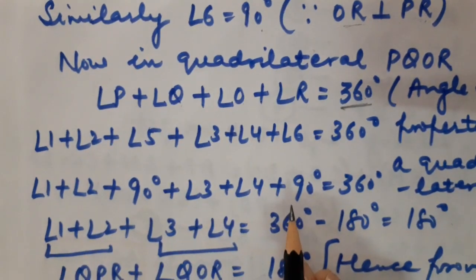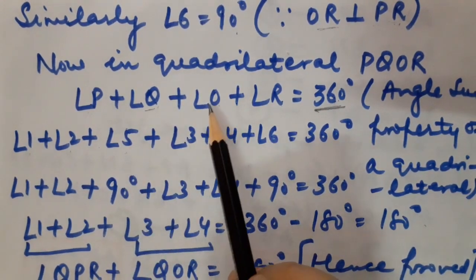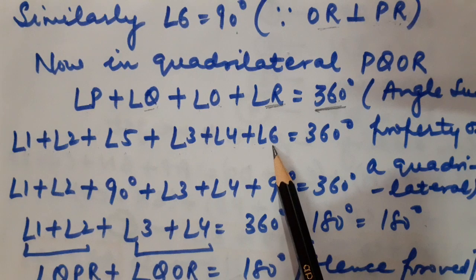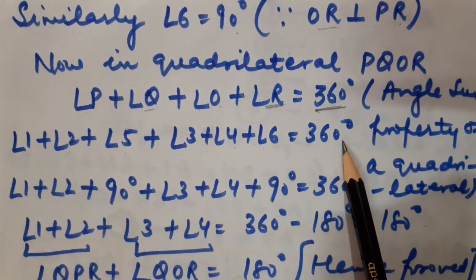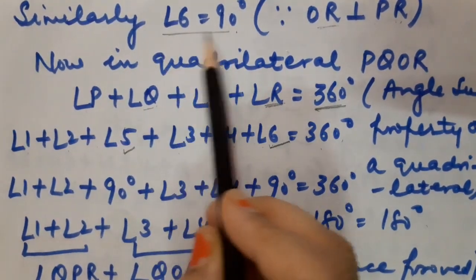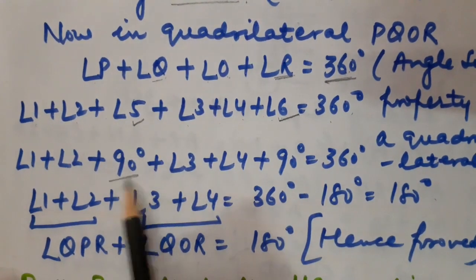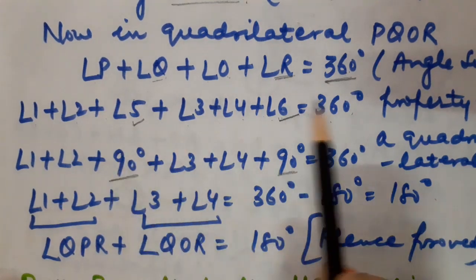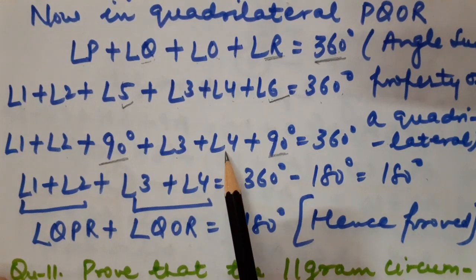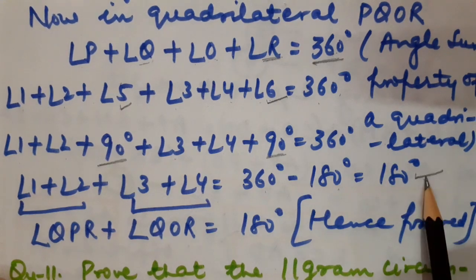Correct, children? So can I write angle 1 plus angle 2 plus at Q 5 is formed, angle 5, plus angle 3 plus angle 4 plus on angle R, it is actually angle 6, is equal to 360 degree. Correct? Angle 5 and angle 6 both are of 90 degree. Angle 6 is here and angle 5 also I have told you that is also of 90 degree. So this 90 plus 90 will make 180. When I am going to take that 180 on right hand side, I have got angle 1 plus angle 2 plus angle 3 plus angle 4 is equal to 360 degree minus 180 degree, that is equal to 180 degree.